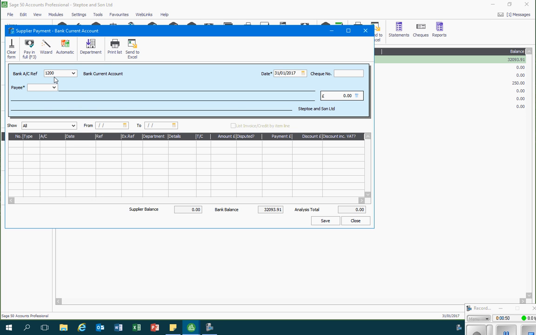I can check that the correct bank is being used to record this payment. I can also change the date of the payment. So let's say that we've got a payment that's made on the 20th of the 1st. I can record the check number. If it's not a check payment, if it's a BACS payment, I could just record BACS in there. But let's say that this one is a payment by check, so I'd record the check number, and then I